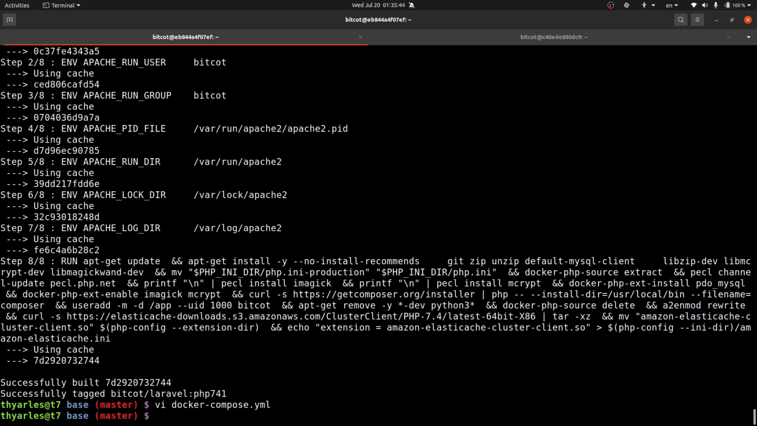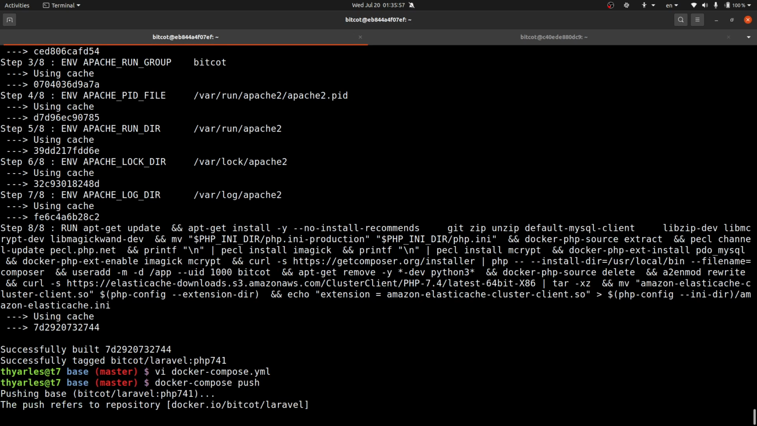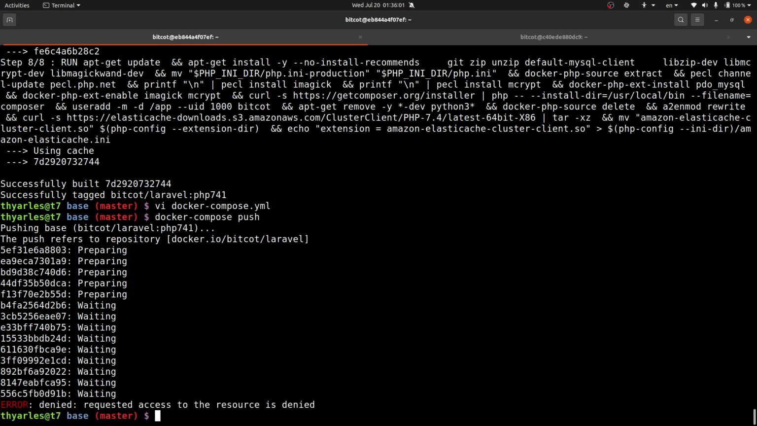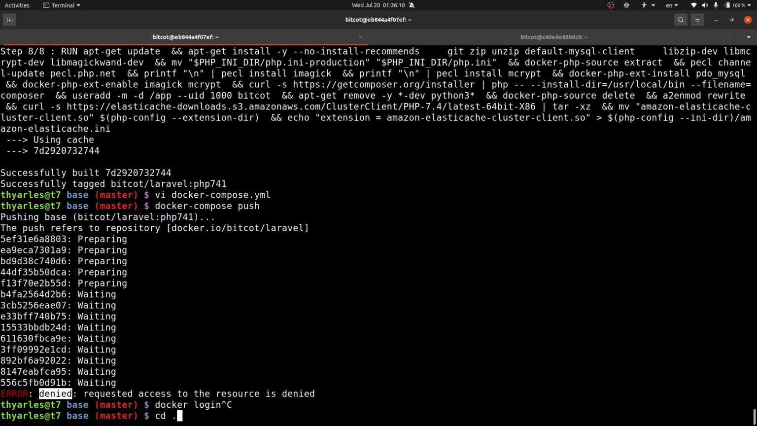Okay, the image is built, and now we have the base image. You can send it to Docker Hub if you want to with the simple command push. It does not work because I don't have access, but you just need to do a Docker login if you have access to it. Okay, I don't have. Now let's make the